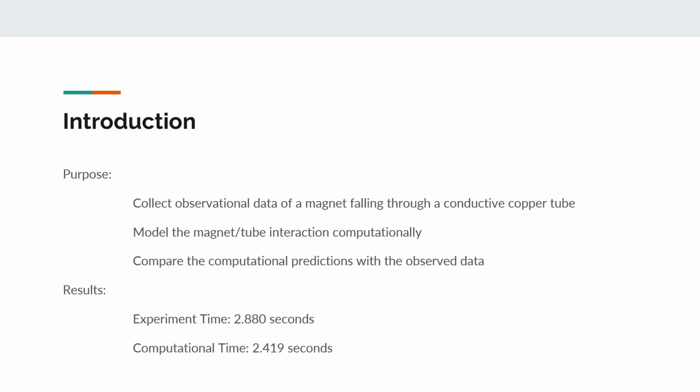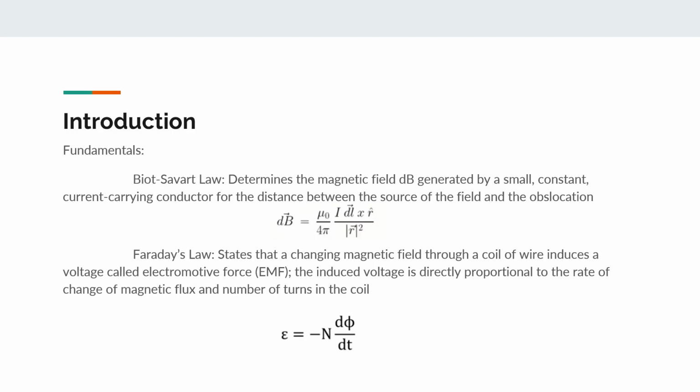and computational models. Some fundamentals include the Biot-Savart law, which determines the magnetic field generated by a small, constant current-carrying conductor for the distance between the source of the field and the observation location, along with Faraday's law, which states that the changing magnetic field through a coil of wire induces a voltage called electromotive force. The induced voltage is directly proportional to the rate of change of magnetic flux and number of turns in the